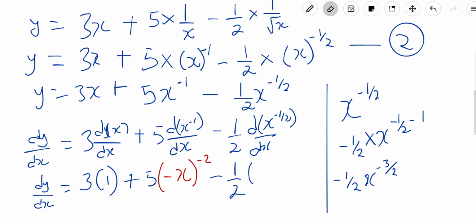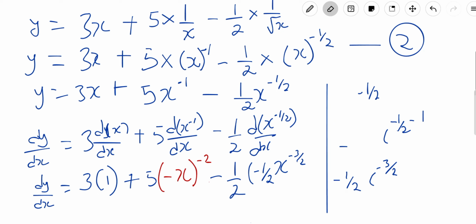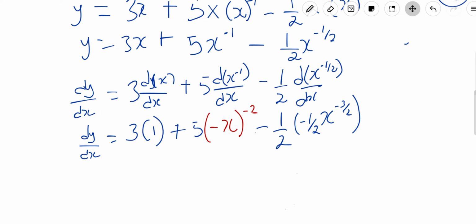That's negative 1 over 2. If I differentiate x to the power of negative 1 over 2, I will have negative 1 over 2 x to the power of negative 3 over 2. So I can decide to call this equation 4, or whatever equation I want to give it, or decide not to. So if I proceed, I have dy/dx is equal to 3 multiplied by 1 is